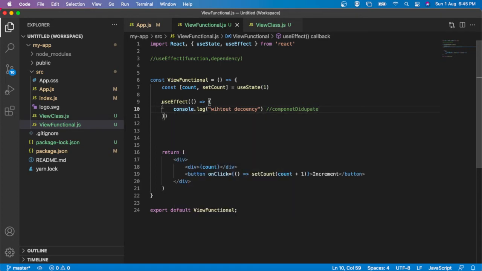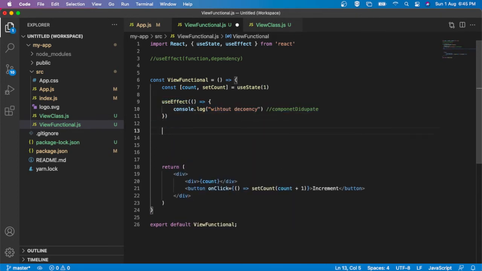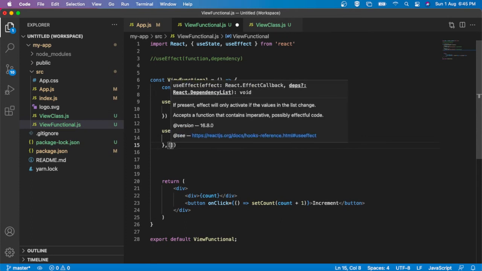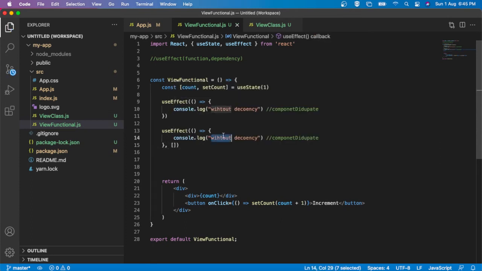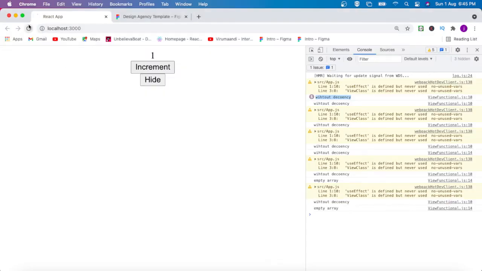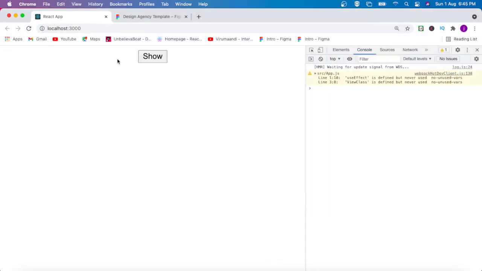Now if I pass an empty array, let's see what's happening. Yes, with the empty array it is rendered one time.